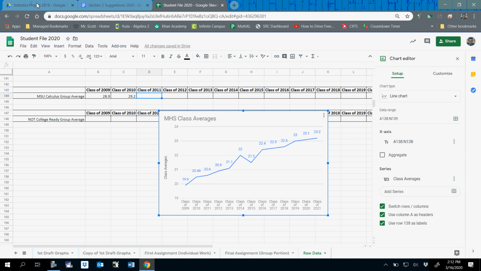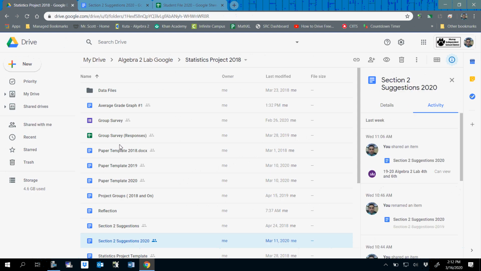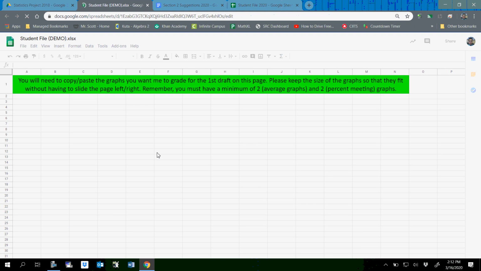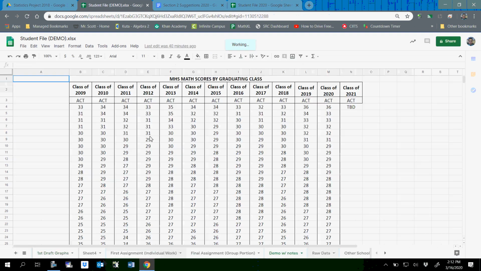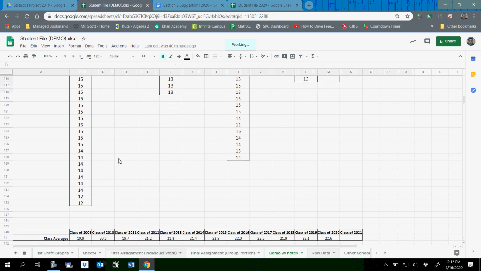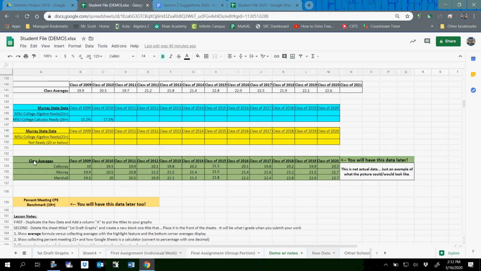So let's take a look at one of those real fast. There's a demo that has some fictitious data on it that we can use to make this picture. But there's a fake set of data down here that has class averages for 3 different schools. So we could take these 3 different schools, highlight all that data,